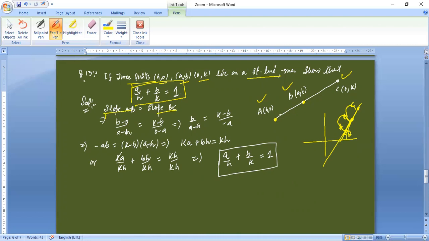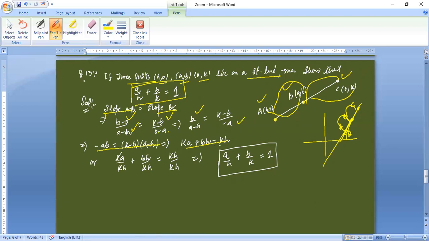लेकिन AB के कोऑर्डिनेट्स हमें दिए गए हैं, स्लोप ऑफ AB मीन्स y2 minus y1, so b minus 0 डिवाइड बाय a minus h। और BC का स्लोप कितना होगा, तो k minus b डिवाइड बाय 0 minus a। तो यहाँ पे a minus h, तो ऐसे b minus 0 तो b ही रहेगा, यहाँ 0 minus a तो minus a ही रहेगा। अब इनको क्रॉस मल्टीप्लाई करेंगे, ये इक्वेशन आएगी और ये इक्वेशन आएगी।